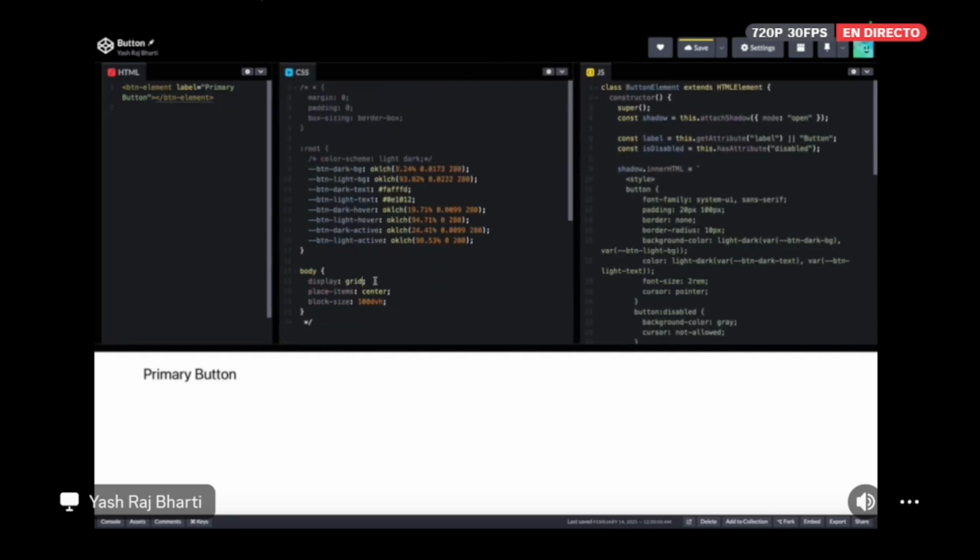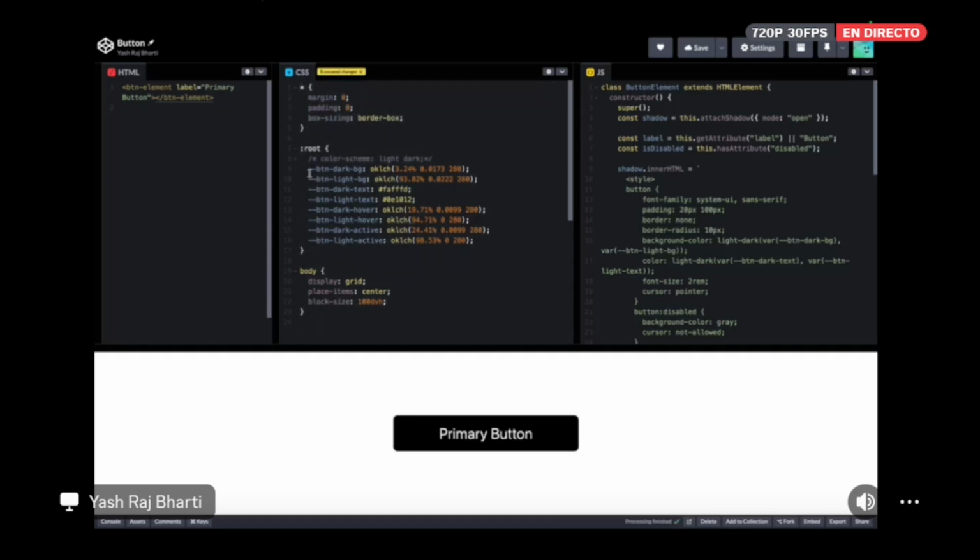That's fine. And now I will just uncomment my CSS to show that I have just defined my colors here, nothing else. So I'm just saying that my dark colors in OKLCH are like this, my light colors are like this. Some colors are also in hex code, but you can use OKLCH for all of them. That should be better. So why OKLCH? Because the first thing is, just by changing this H or the hue value, I can just make any color from here. So I can make red, blue, green, any kind of accent color that I want. And I can just leverage this by making a